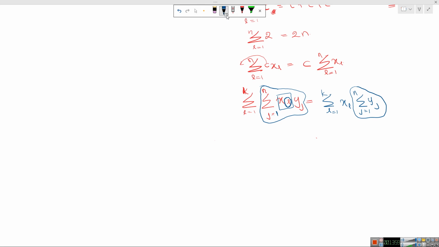Now if I take an example for this one, so now we have i and j, right? And xi. So let's say summation i is equal to 1 to 3, summation j is equal to 1 to 2, xi yj, right? And for xi and yj we have been given values also, right? So let's assume x1 is equal to 2, x2 is equal to 3, x3 is equal to 4, and y1 is equal to,